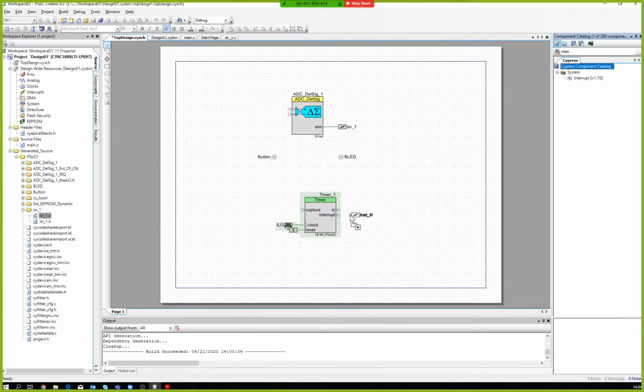interrupt component here, from the interrupt source, or actually you could also connect the terminal count directly to the interrupt. But anyways, that's the way you get an interrupt twice a second,